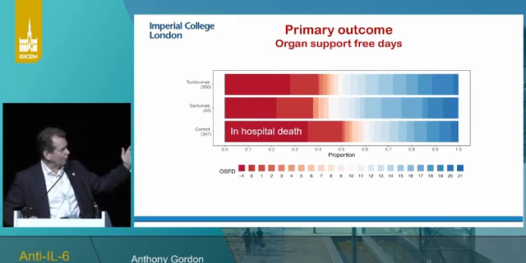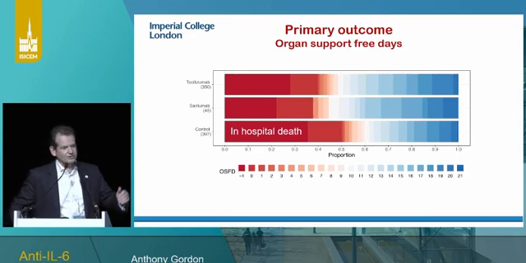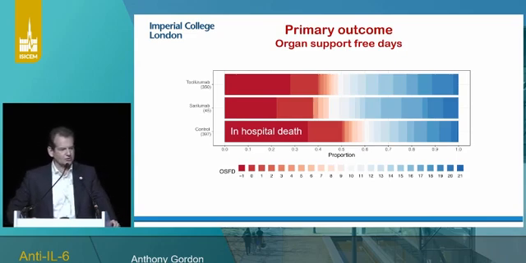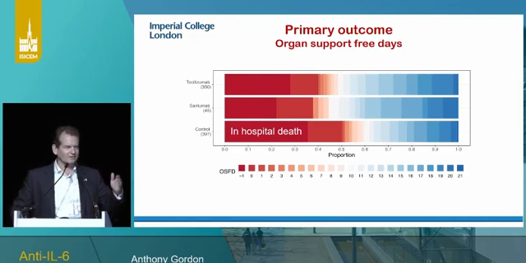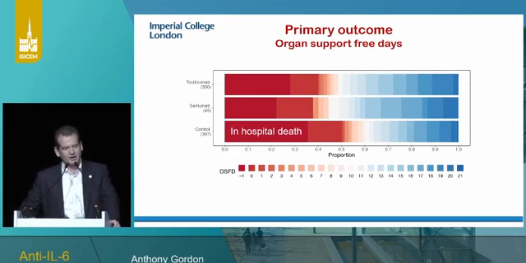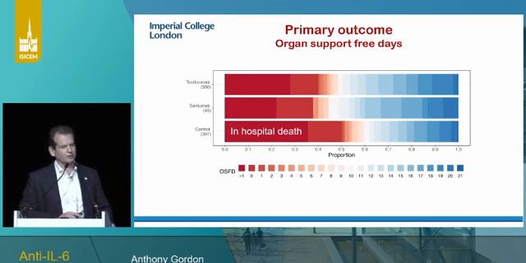As you can see, the control group at the bottom, and I think you can see with our first results, tocilizumab and sarilumab, that there is far less red and more blue. Obviously, we did do it quantitatively, and there was about an average of 8.5% difference in mortality in the hospital.